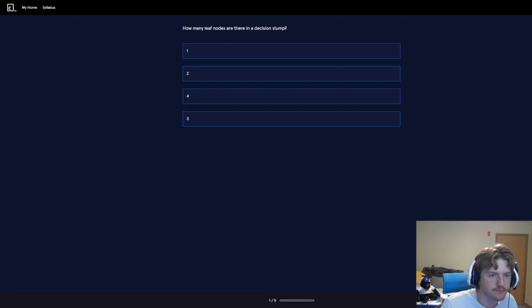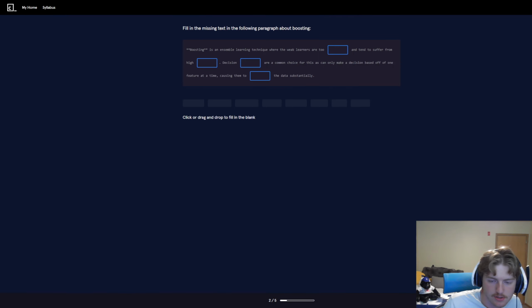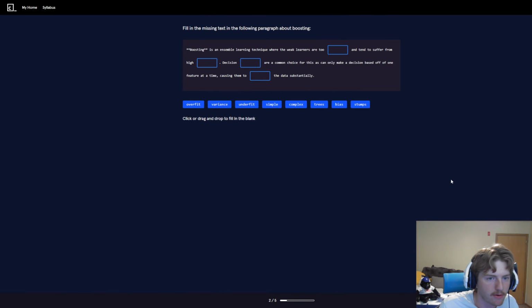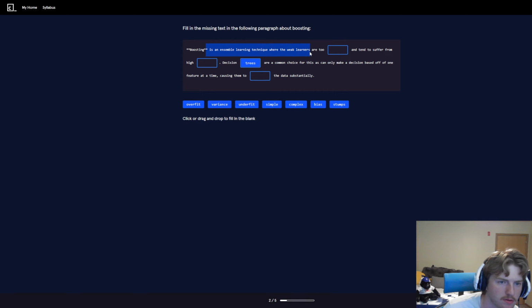We do have a quiz. So there's two leaf nodes and a decision stump, right? Fill in the missing text in the following paragraph about boosting. Boosting is an ensemble learning method where weak learners are too high. Decision trees are a common choice because they are split based on one feature, causing them to be too simple, where the weak learners are too simple and tend to suffer from high,